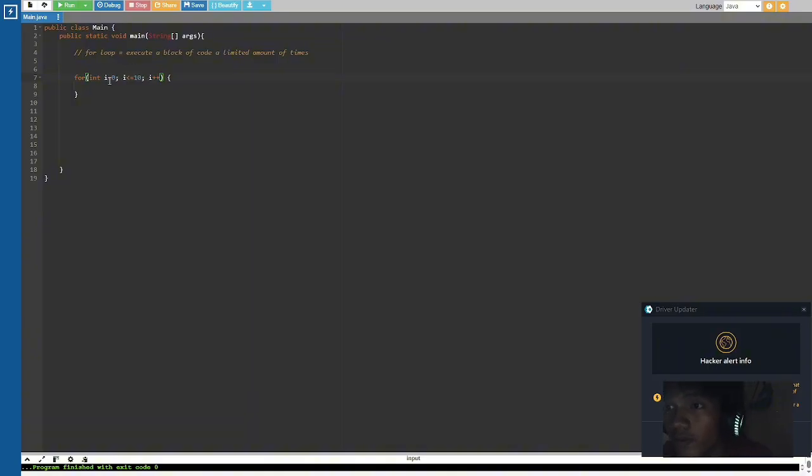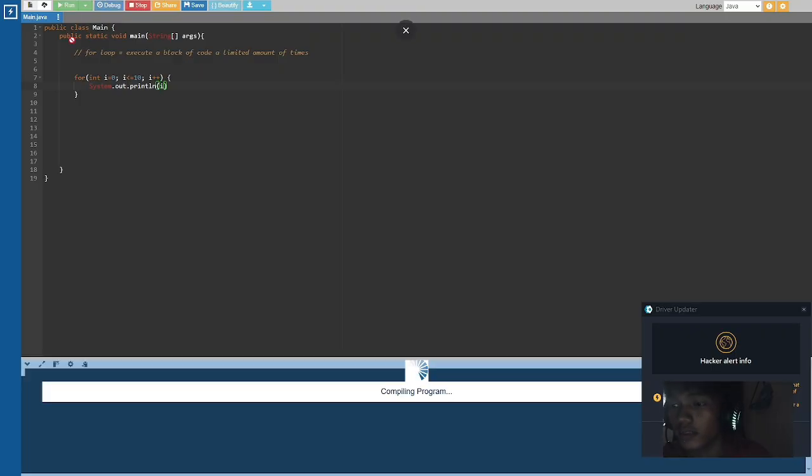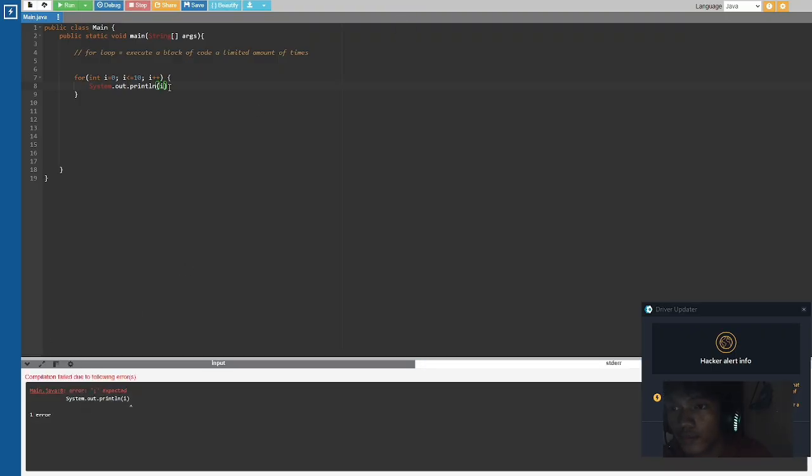So if i is equal to 0, so if 0 is less than or equal to 10, it's true. Then print 0 and then again add 1 because it increments by 1. So let's see, system, let's run this.